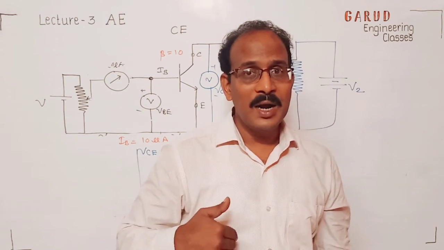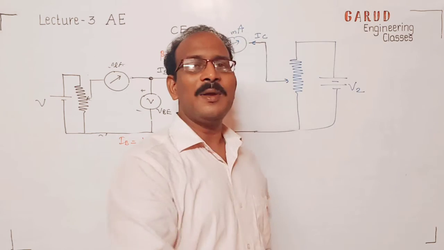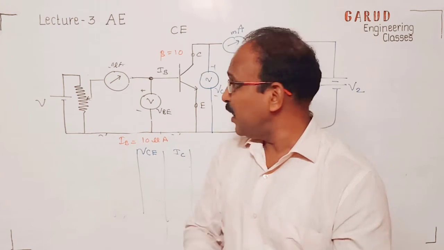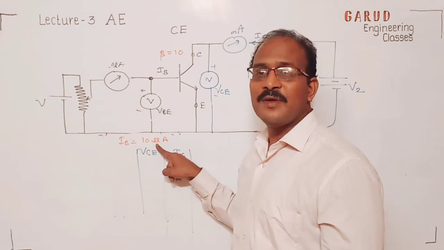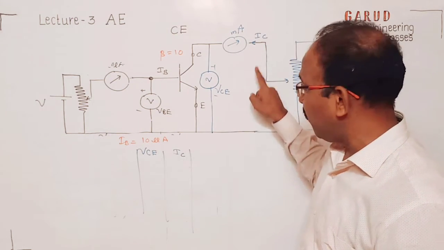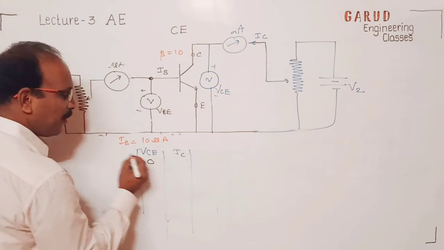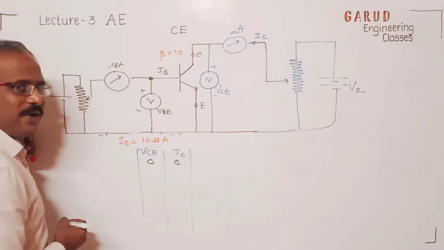How much is the demand? If you wish to fulfill that, then you will supply that demand. Okay, so the same thing happens. Suppose demand is 100 microampere, that is 10 into 10, output is 100 microampere, and you are going to vary the supply. Suppose you keep supply 0, no current will be flowing.